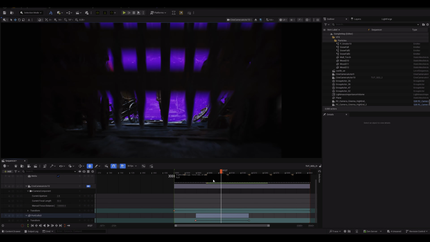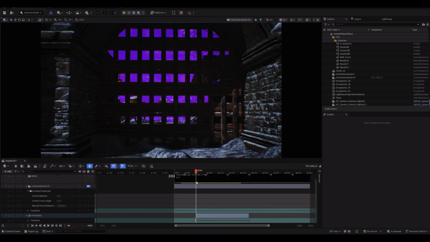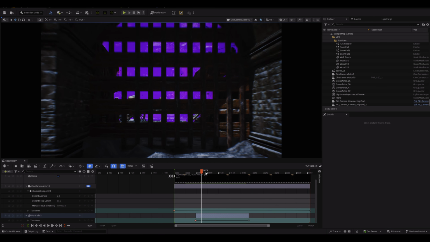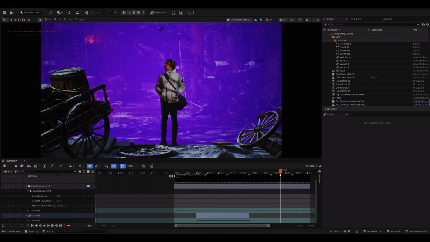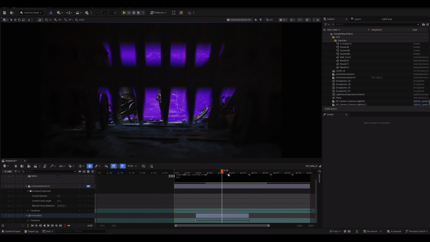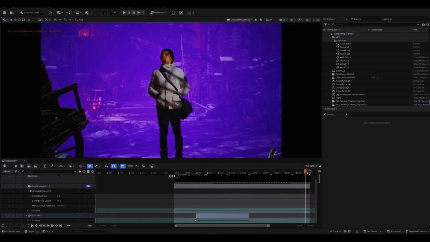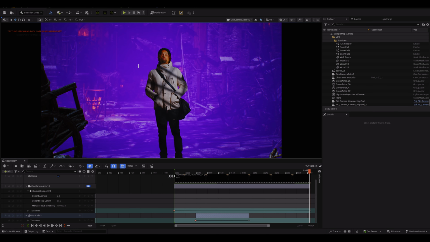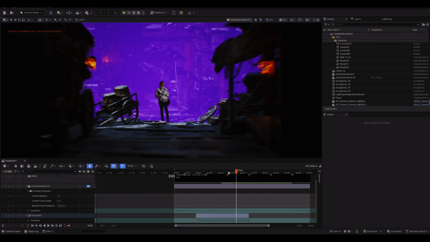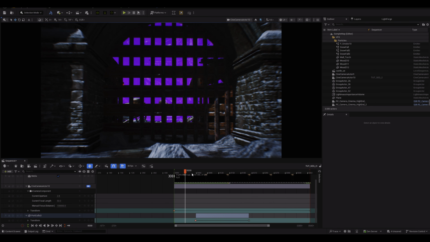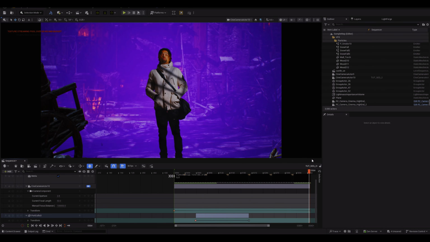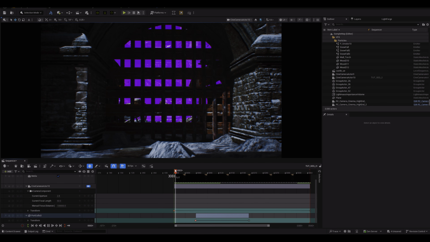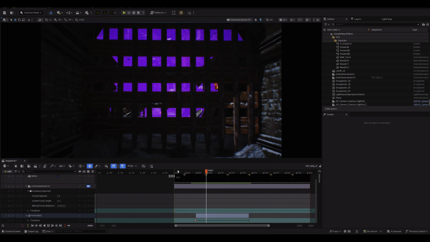You can even make your sequence just start here if you want. And our subject is still in focus. And just like that, we have a sequence set up. If we hit play and play through,